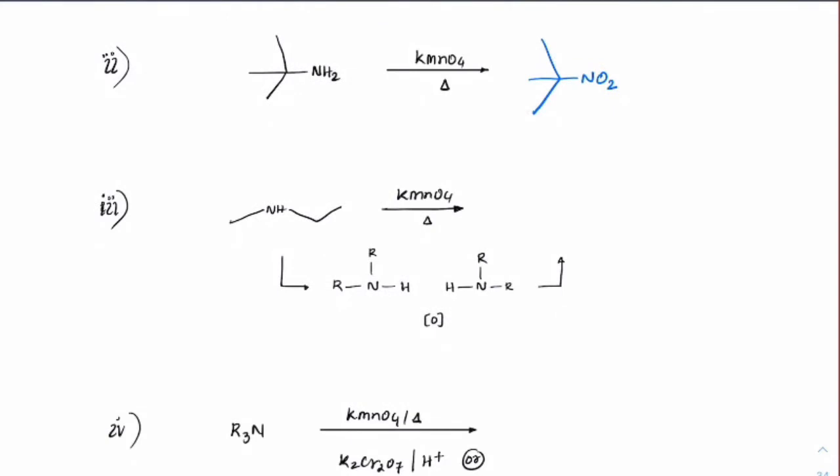Secondary amine. So in case of secondary amine, when you treat that with KMnO4, imagine 2 moles of this secondary amine coming close together with the nascent hydrogen, and these two hydrogens and oxygen will be dehydrated, and we will get a product where you have N-N linkage like this. This will be the final product. So coupling is observed in case of secondary amines.